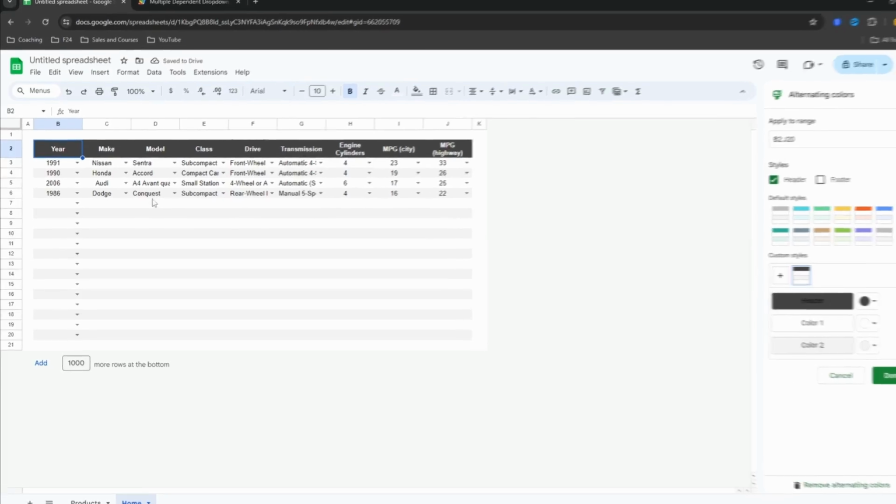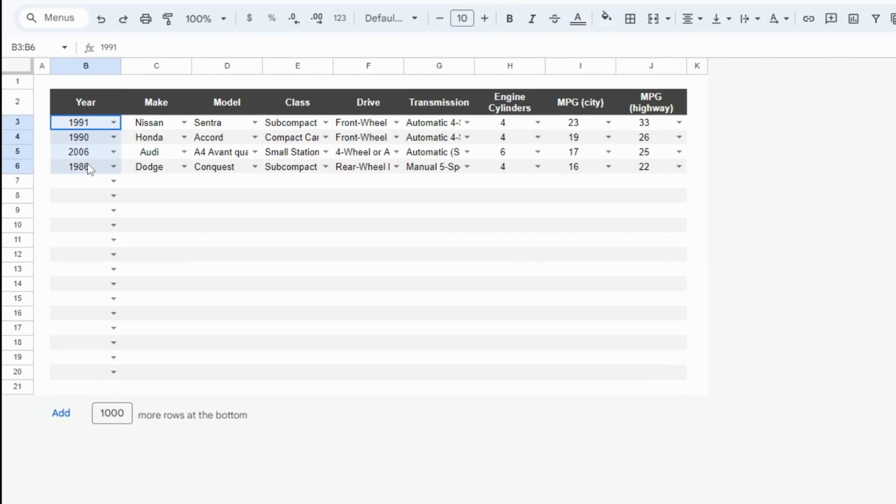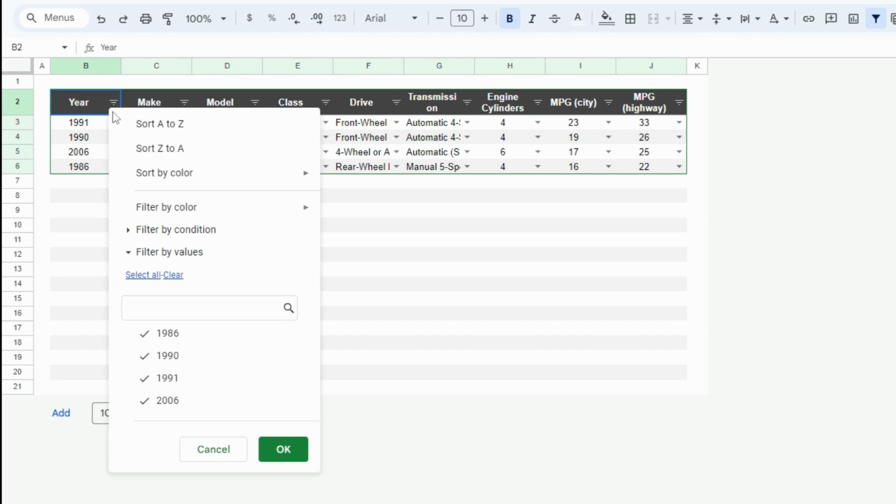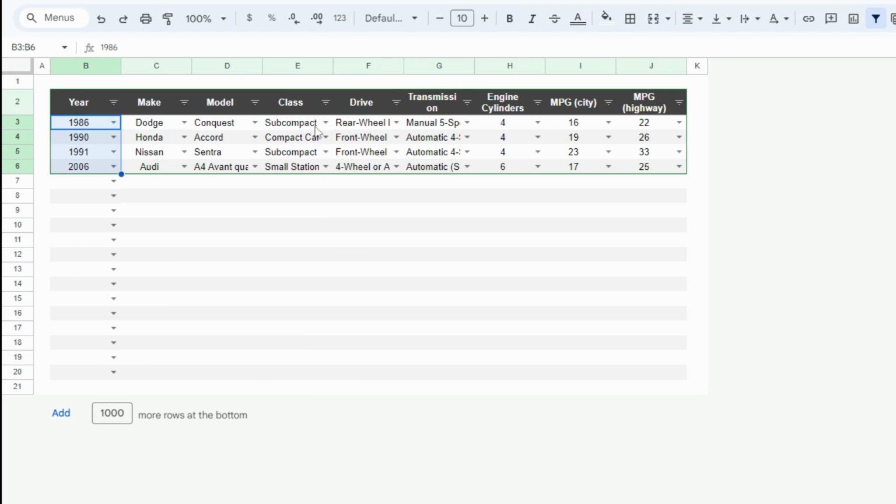And just like that, we've got a script that generates dependent drop-down lists for multiple options for infinite number of rows, pretty much infinite. And the good thing about this method is we can go in and start sorting things. So with our data like this, let's say that we want to sort this by year. We'll select somewhere in our data set, click this filter button, and then click on Sort A to Z by the year. That now sorts everything, and everything moves with it, which is a feature you can't do with the